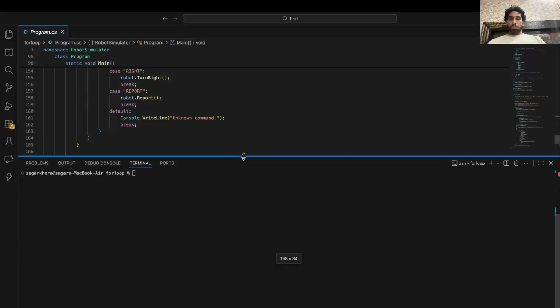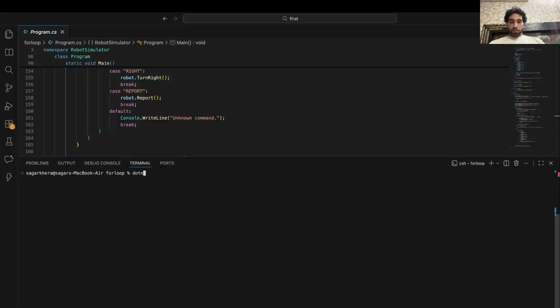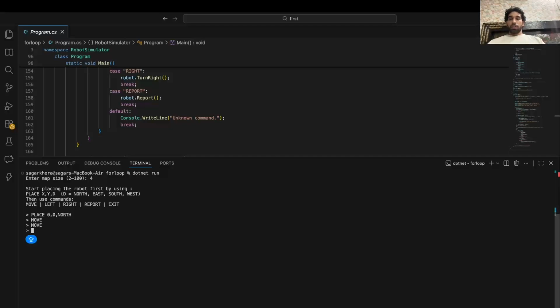Now I will show you the working. Run. Here first we will give a size, like 4. Then these are the commands which I have described. Then uppercase PLACE 0 0 with north direction. So now we will move in the north direction. Again we will move, so the value will increase. Then we can rotate